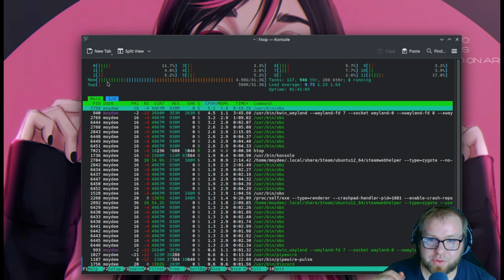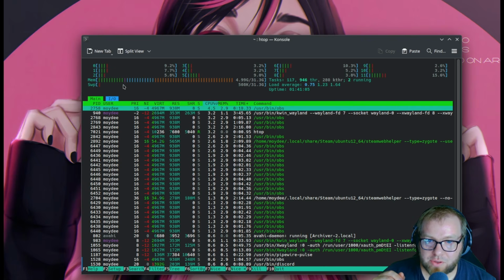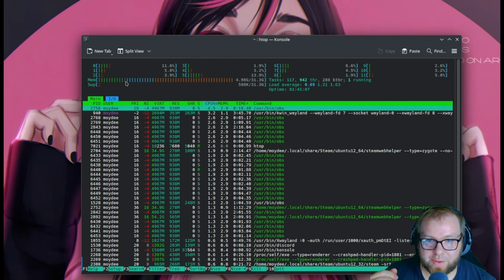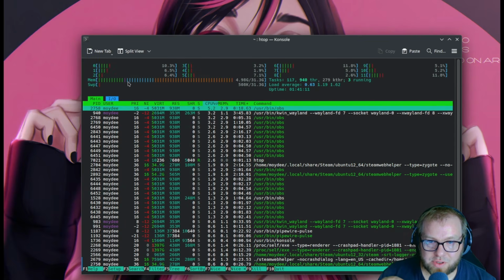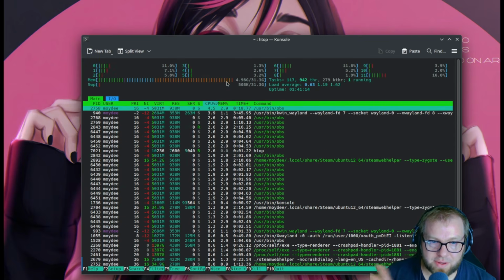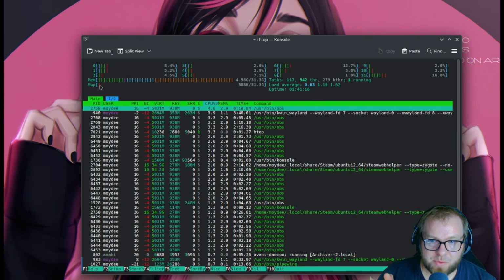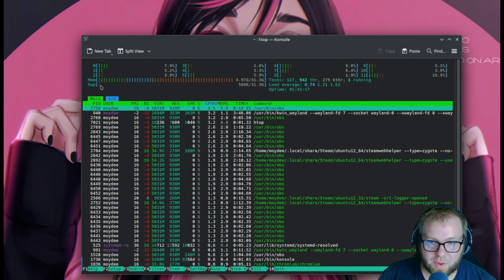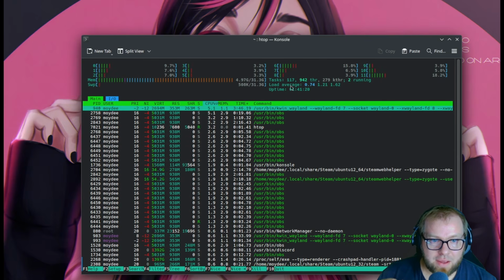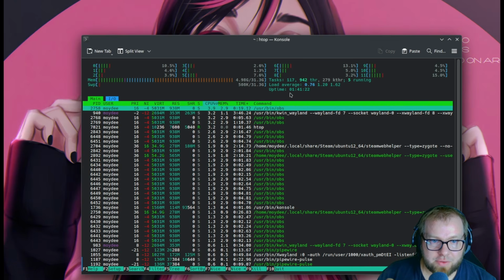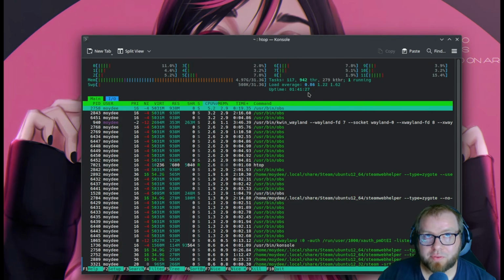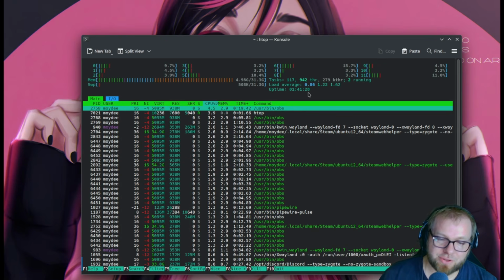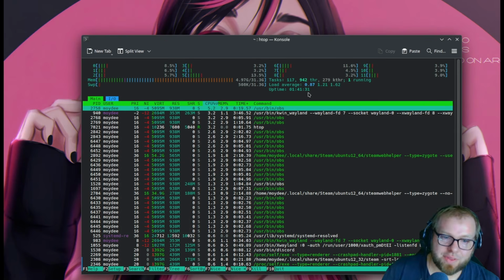We have our memory usage, so it's going to be color coded. This purple, at least for mine, because that's how I have it set up, is where the current usage is, and then kind of projected. And then you've got our swap space, where we're going to be able to see where our swap space is at. We've got our load average, our current uptime, which is 1 hour and 41 minutes, because I had to restart